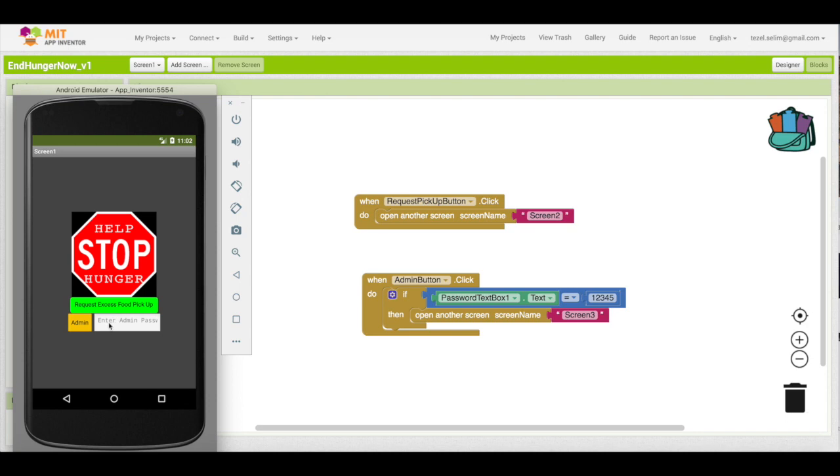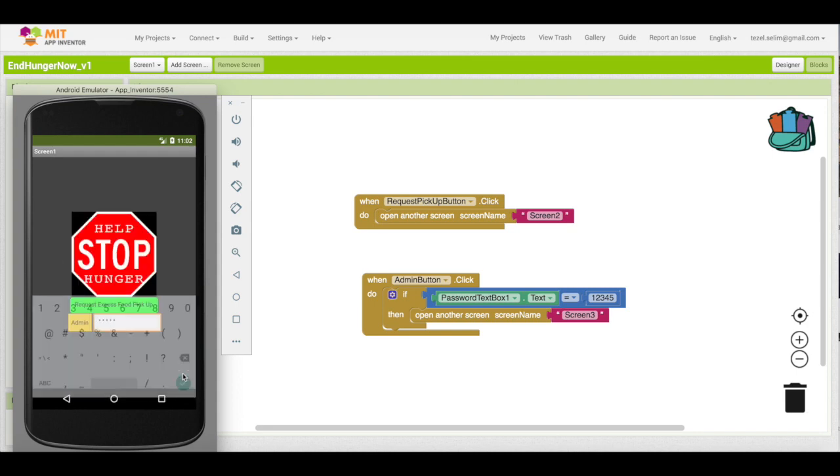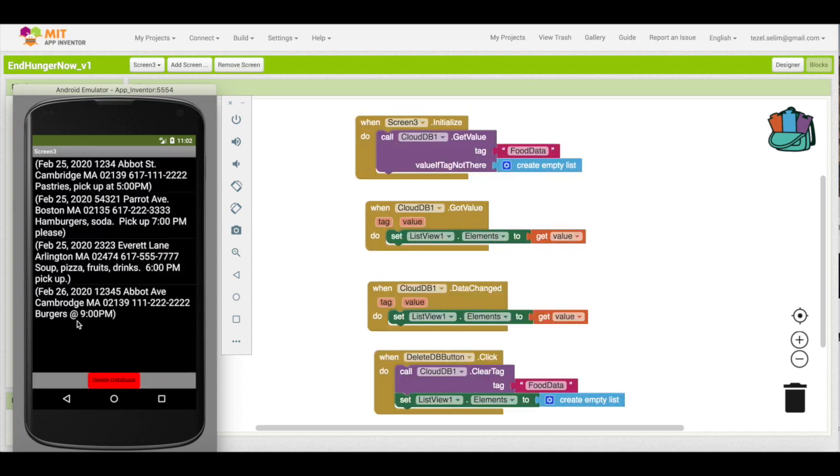Now, the administrator on their side, what they will do is they will enter the administrative password. So I'm just going to enter a password that I have chosen, but you could obviously decide your own. So once the admin correctly enters the password, they come to a page, and on this page there will be all the list of pickup requests that